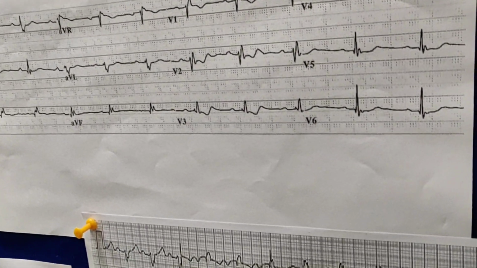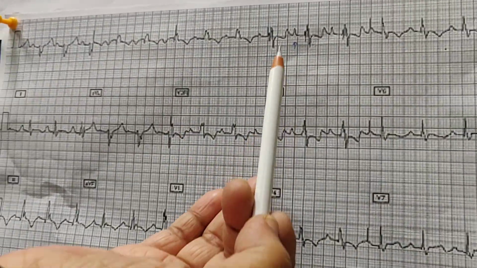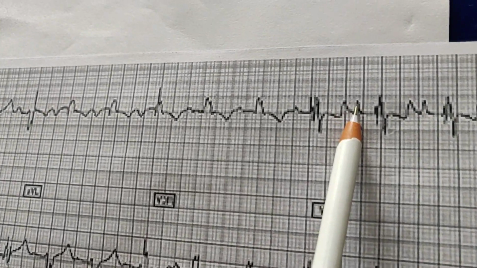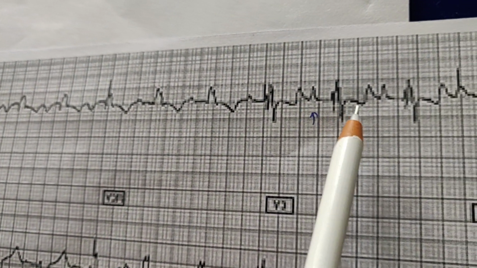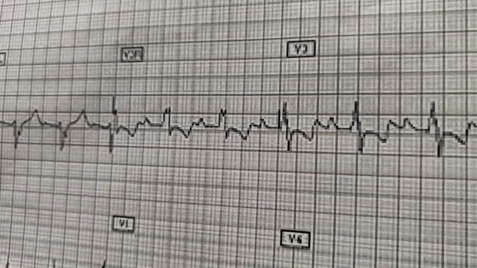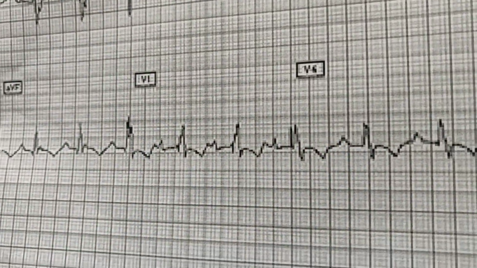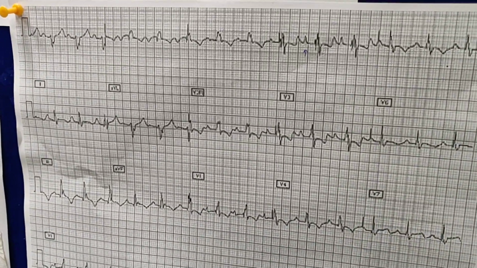This is again the second case of Ebstein anomaly. This is how a tall P wave looks. Here I put an arrow. This is actually a P wave. Look at it. It is so tall. And then again first degree AV block, and again there is a fragmented QRS. So you can see the tall P wave. Right? You can appreciate the tall P wave. This is how a tall P wave looks in a case of Ebstein's anomaly.